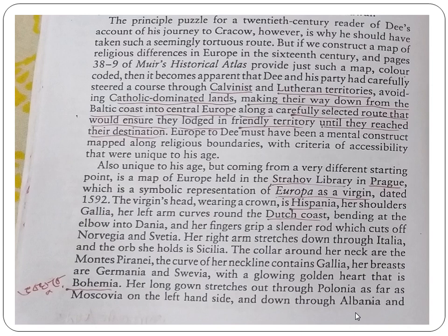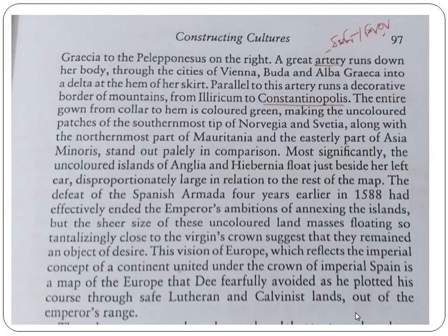And making their way down from the Baltic coast into Central Europe along a carefully selected route that would ensure they lodged in friendly territory until they reached their destination. What does it mean? It means that the travelers, the country they will visit, this is their own choice, and they make that choice very carefully, what they like and what they do not like. Okay, so another